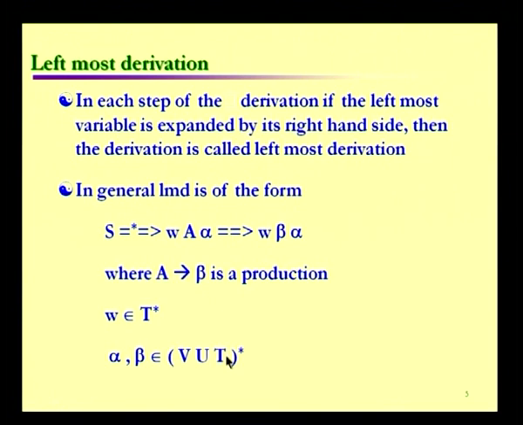So, that is the general format of the leftmost derivation. The condition is always that we must expand the leftmost variable, and if we continuously expand the leftmost variable, we will have patterns only of the form a stream of terminals followed by a combination of variables and terminals. That is why it is W followed by A followed by alpha, and after expanding A by beta, we will have W followed by beta followed by alpha,